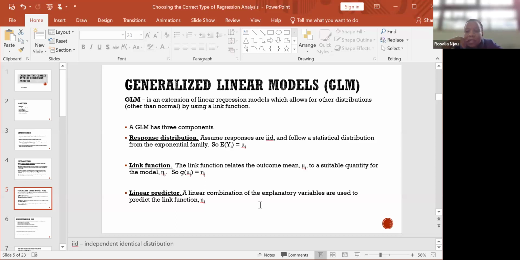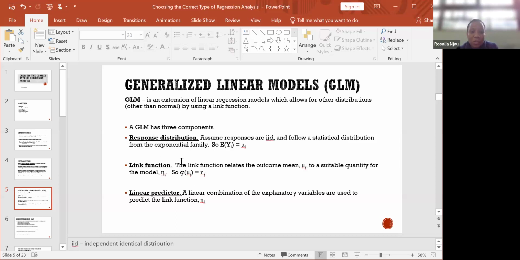So the generalized linear models are flexible for other distributions. They allow other distributions than the normal distribution of the outcome. And this uses a link function. Here, I'm not going to get into the details of this, but the components of generalized linear models include